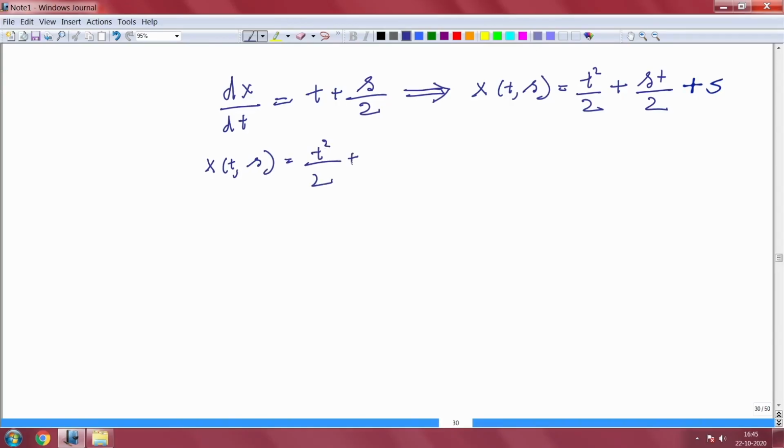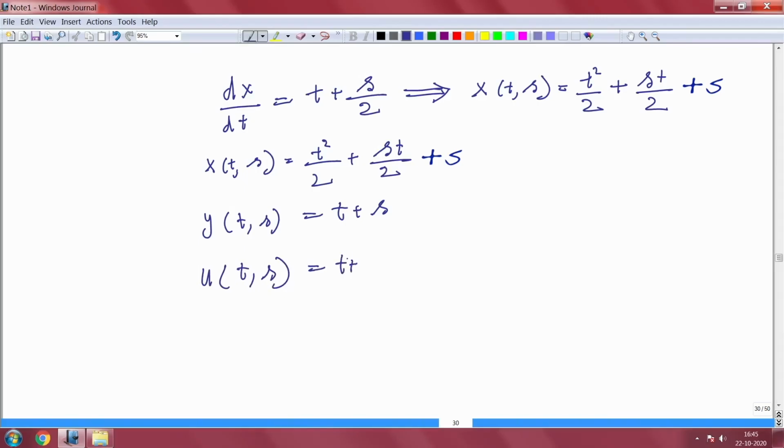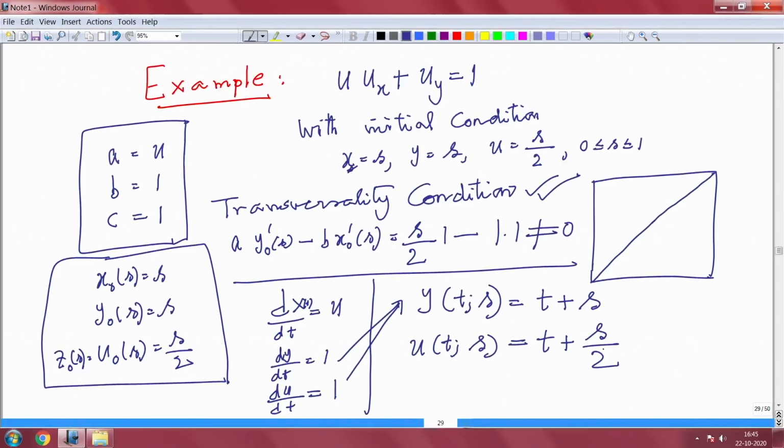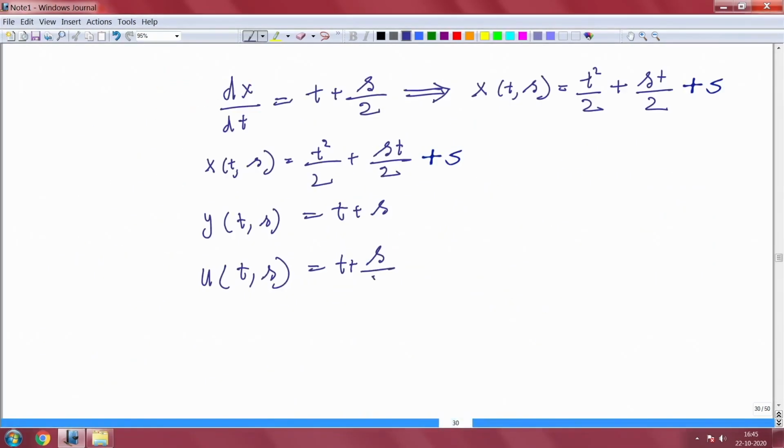plus st by 2, and y(t,s) is equal to t plus s, and then z(t,s) is equal to, you have to invert now, or u(t,s) is equal to t plus s by 2. So, you want to invert this, x equal to x(t,s), you have to invert, y equal to y(t,s), you have to invert. So, if you invert,